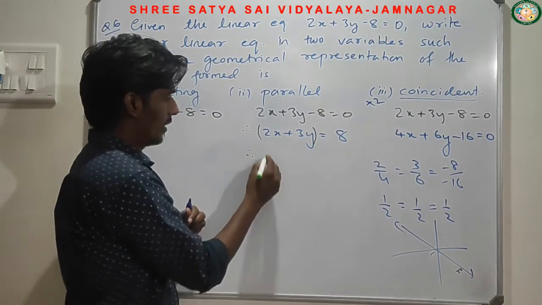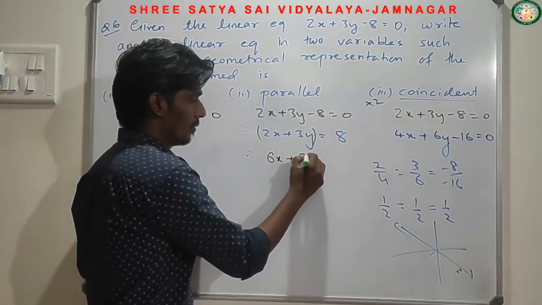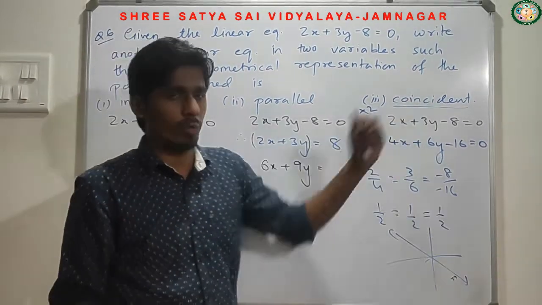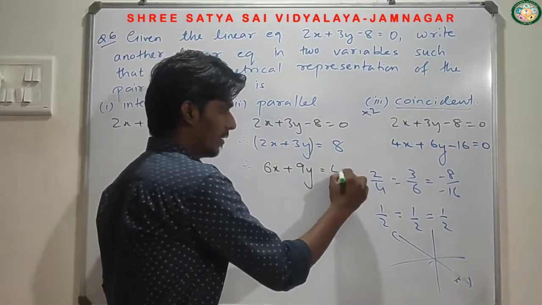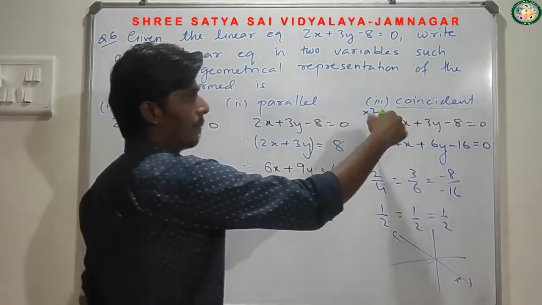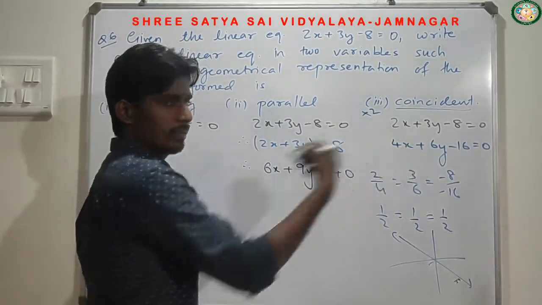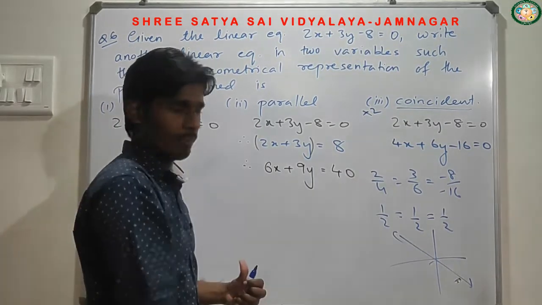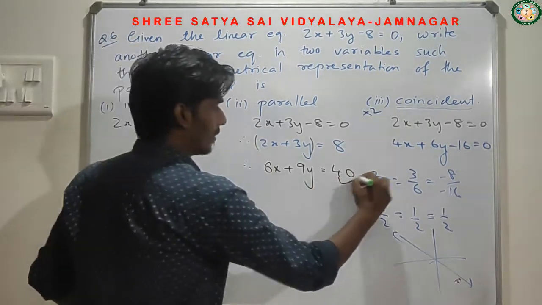So what I am going to do, on the left hand side I am going to multiply it with say 3. So 3 2s are 6, 3 3s are 9. But here I am not going to multiply by 3, otherwise it becomes coincident. So here I am going to multiply by 5. 8 5s are 40. So what is the difference from the previous one? Here we multiplied the whole equation; here the left hand side has to be multiplied separately, with a different number on the left hand side and a different number on the right hand side. This is the required equation.